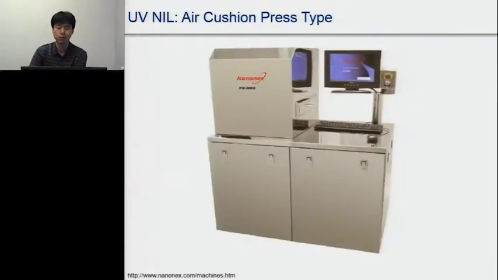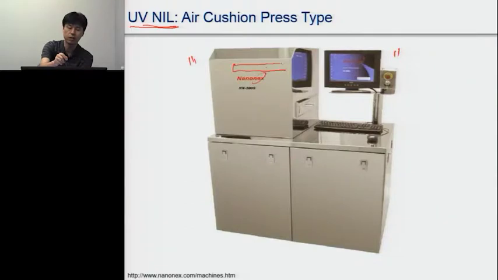So you may remember this system. I showed you this system for the thermal nanoimprinting lithography. Actually, this tool can also be used for UV nanoimprinting lithography. In this case, there are UV lamps on the top. So we load the sample the same way we discussed in the previous lecture. The major difference between thermal and UV nanoimprinting lithography using this same tool is that after we spin coat the